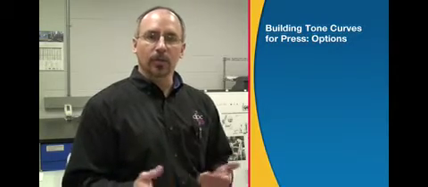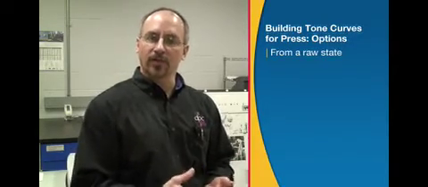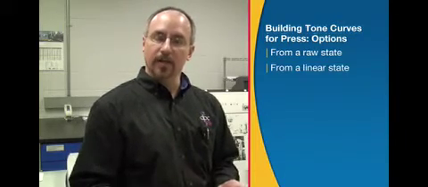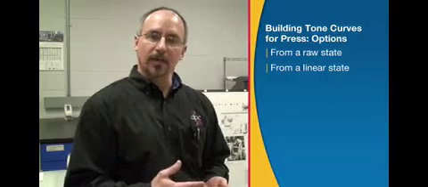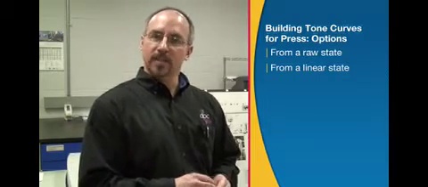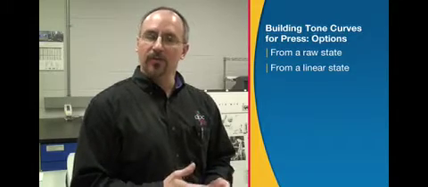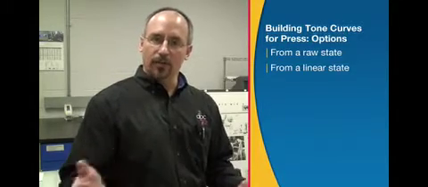The first is you can build the tone curves from the raw values that you're getting on your plate. The second is to linearize your plate, meaning a tone curve has been applied to make that dot measure what its intended value is on the plate. An example would be a 25 would measure a 25, a 50, a 50, and so on throughout the tone